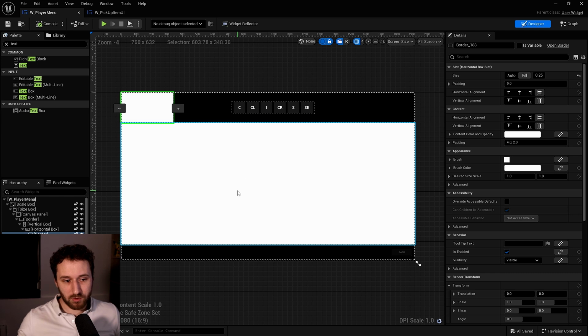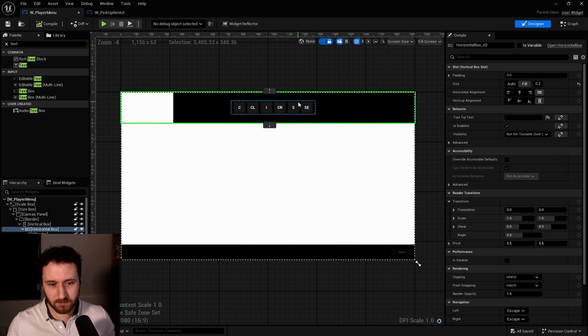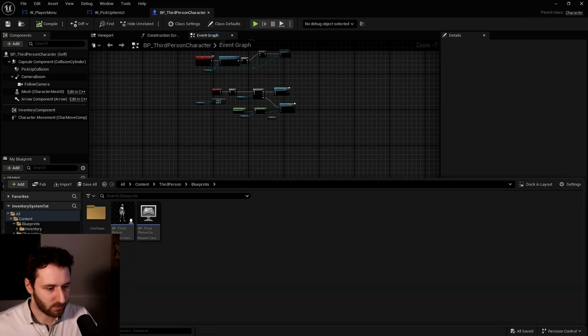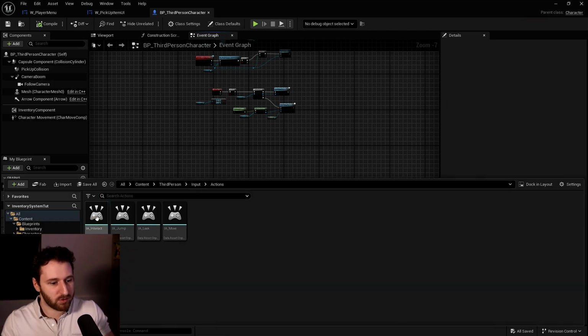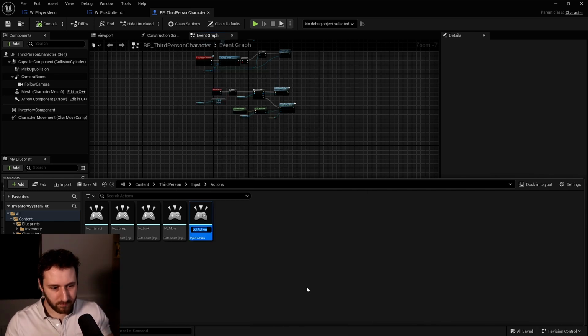Before working on the inventory itself, we will check how it looks in the game. So we'll add a new input. Not interface. We'll go into input action and we create a new input action. We call this show player menu.